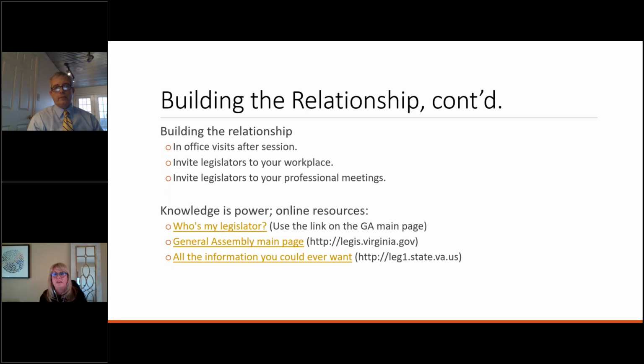So if we are actively monitoring a piece of legislation, we can pop that link up and watch the testimony and see what legislators are saying, because a lot of times comments will come out in subcommittee about a piece of legislation that we're monitoring that we're like, whoa, I'm not sure they know that this bill is doing what it's really going to do.